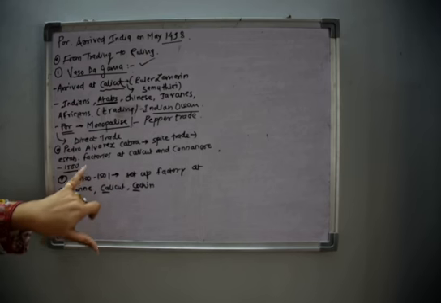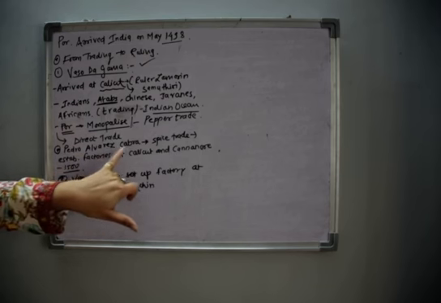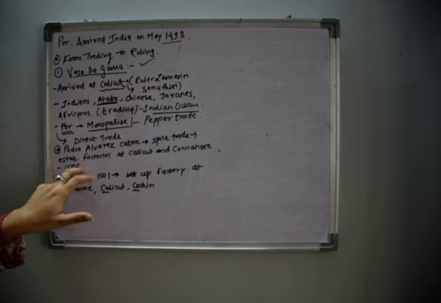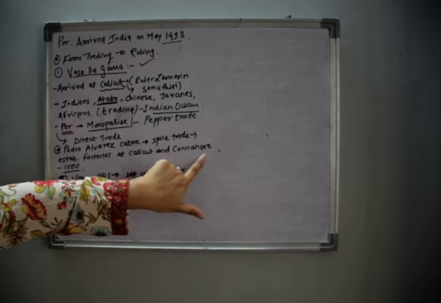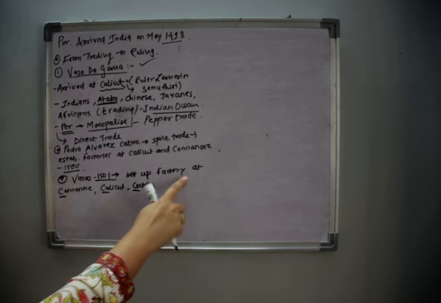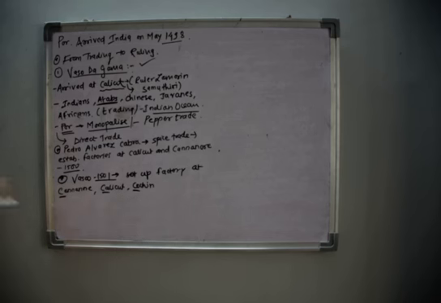Okay, then Pedro Alvarez Cabral is coming. He is doing trade in spice. He is establishing factories at Calicut and Kannur. And then Vasco da Gama is coming back in 1501. He is setting up factories at Kannur, Calicut and Cochin. Okay, only this much is important from the exam point of view. Keep the story in mind, but from the exam point of view, only this many points are important. Okay, so we now will see Francisco de Almeida.